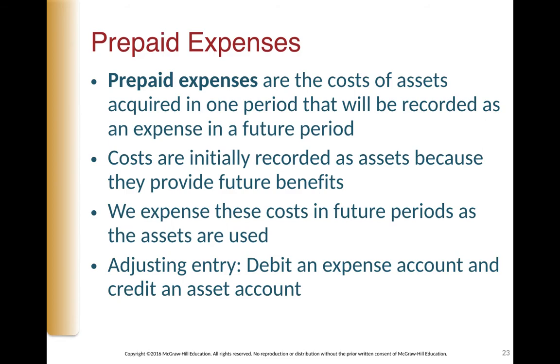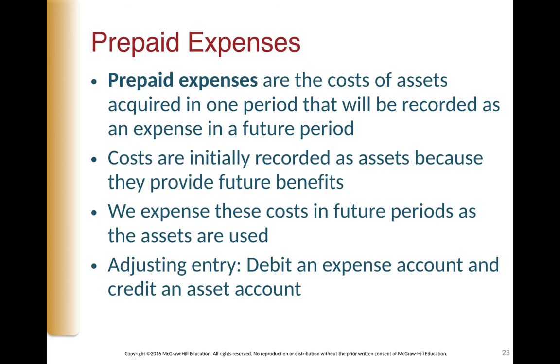So in our original entry, when we recorded the prepaid expense back in January, say, we prepaid rent, we debited our prepaid rent account because that's an asset, and that increased our asset of prepaid rent, and we credited cash because we did actually pay cash at that point,